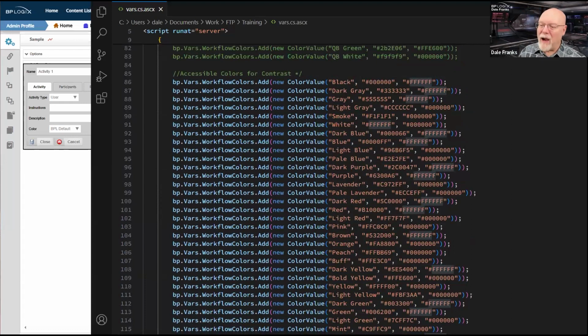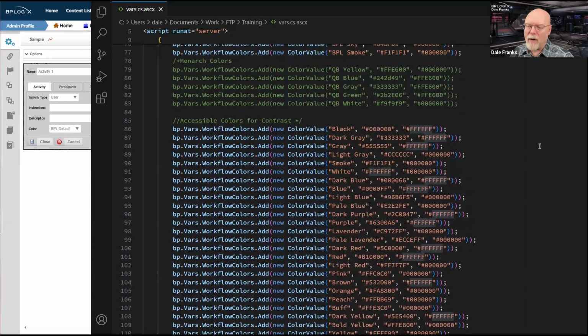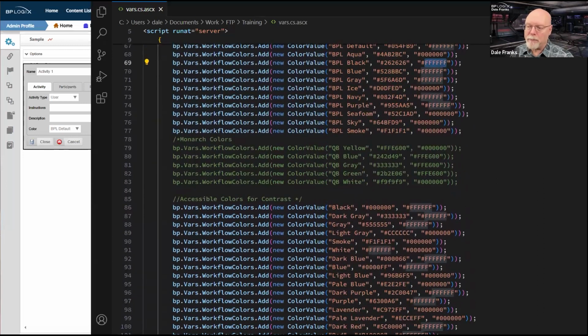Now, that's fine. I know how to do this, but it is a pain especially for cloud customers who, if they want to have this set of colors, have to largely tell us what those colors are, and we have to build this vars file setup for them, so that they can have the colors that they want.